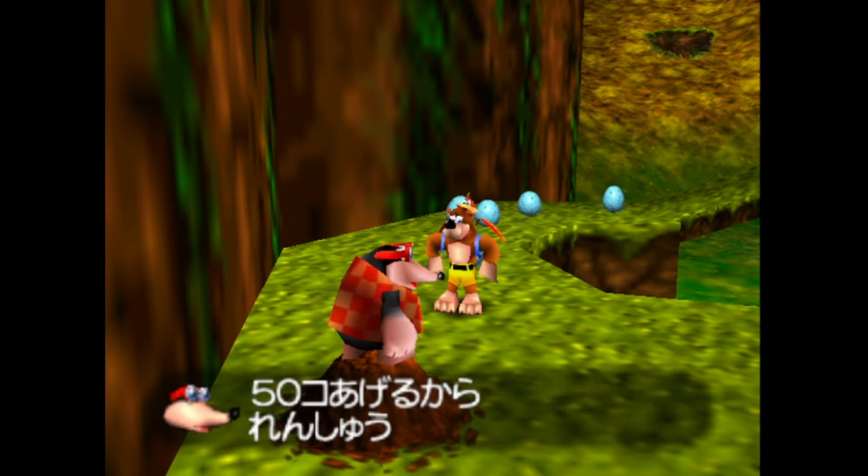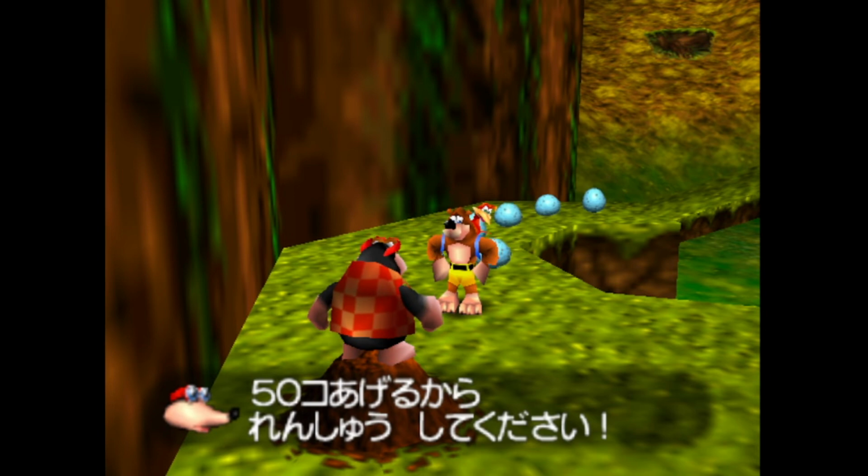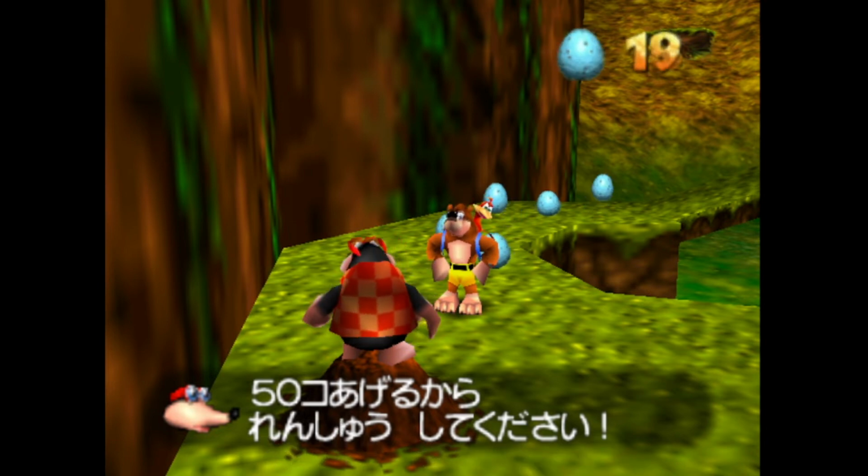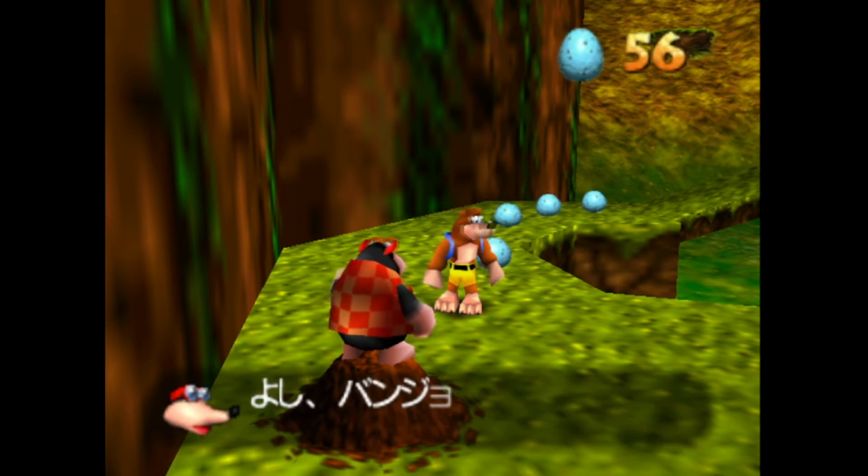Oh, okay. I thought it was going to clear then. 50個あげるから練習してください. So, because I will give you 50, kind of please practice. Yeah, basically.